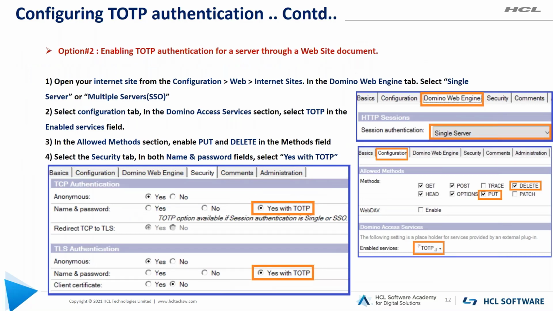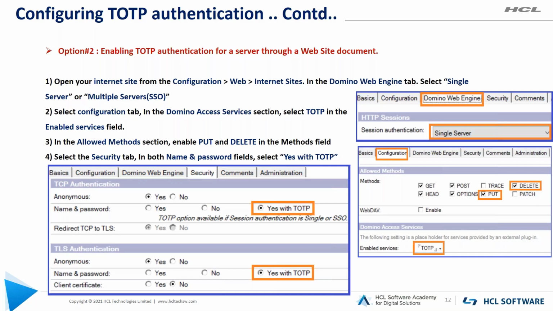In this slide, we will discuss the case where you are controlling web authentication through an internet site document. The first procedure is to enable session authentication to either single server or multiple server in the internet site document. Now in the configuration tab, enable put and delete methods in the allowed methods section.